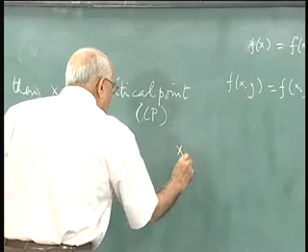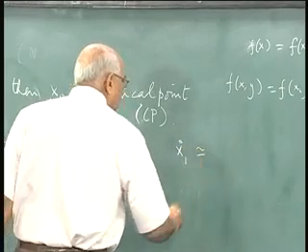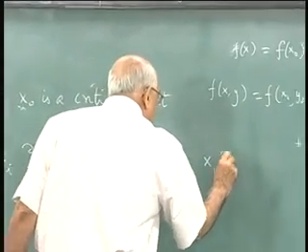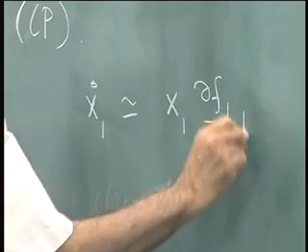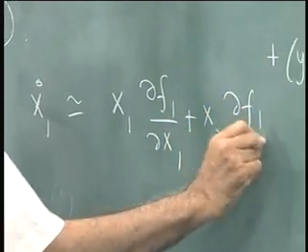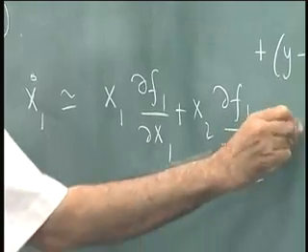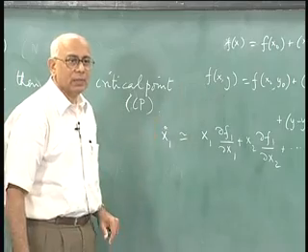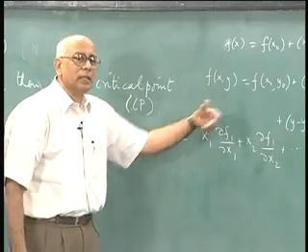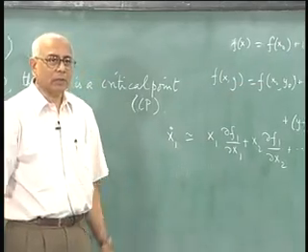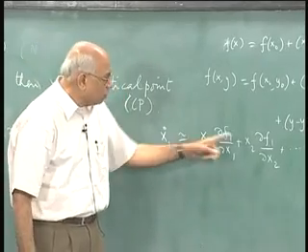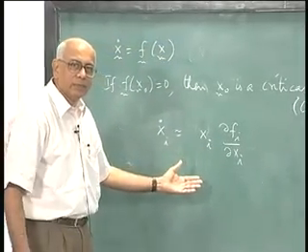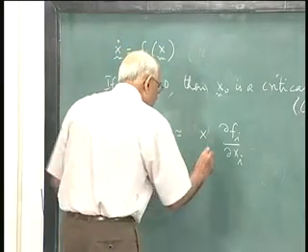Look at the following. You have x1 dot approximately equal to, we put everything at the origin, x1 delta f1 over delta x1 plus x2 delta f1 over delta x2 plus etc., isn't it? The equation for x1 dot involves only f1 on the right hand side, and I am Taylor expanding that function about the origin, and therefore you have first order terms in x1, x2, x3 etc. So this gives you a hint. What should I write here? Write this as x j,